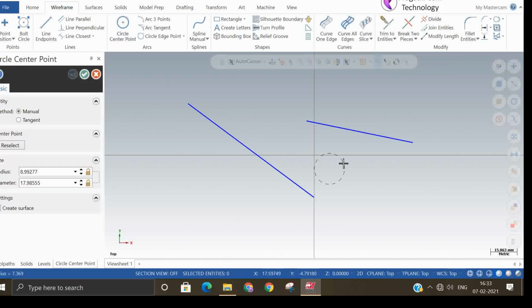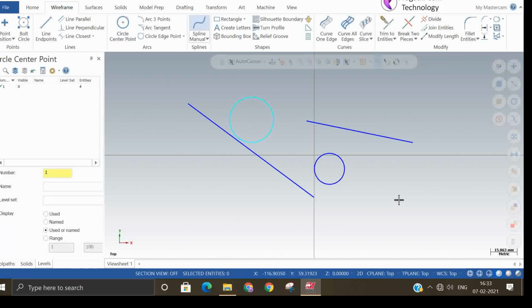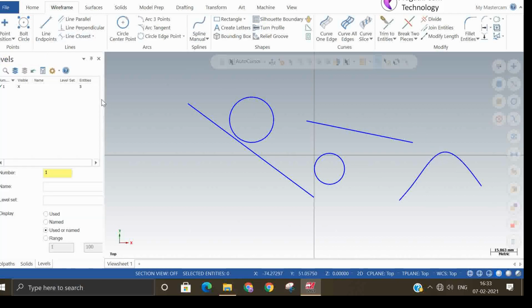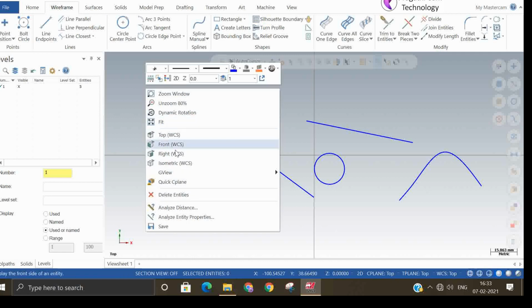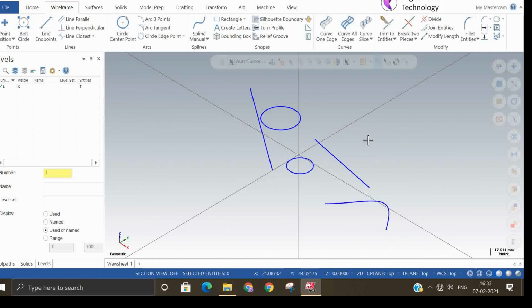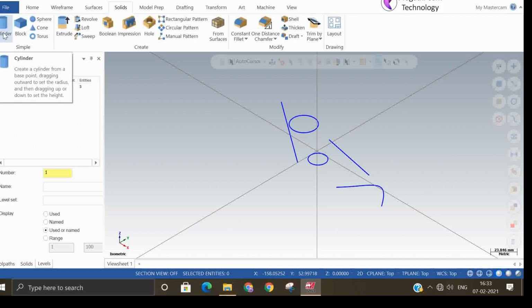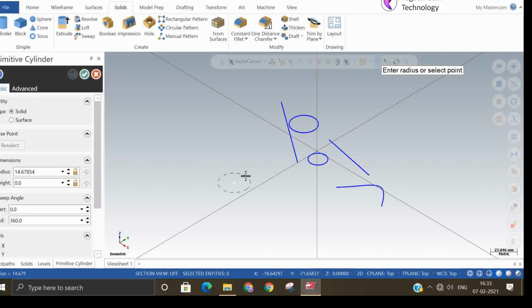I make two circles and two lines, and one more spline also I will make, and make one more solid entity, and I will make one primitive cylinder.